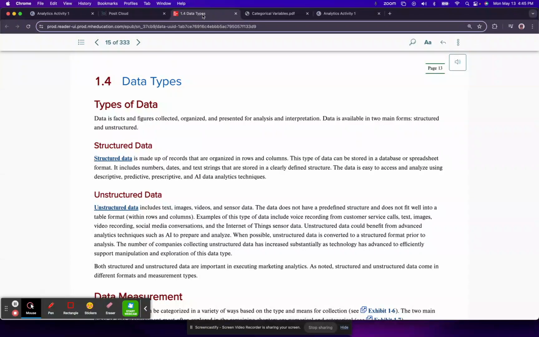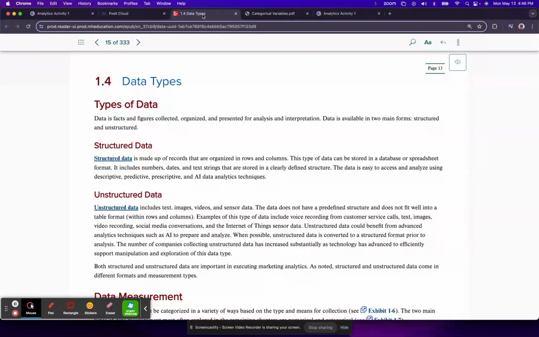Data types. When it comes to statistics, we're going to be dealing with data that's been captured somewhere. Recall from an earlier video that I mentioned the concept of big data, because we're able to capture so much information.